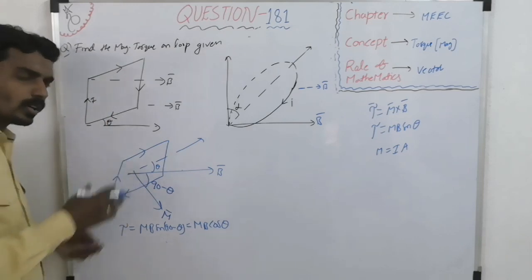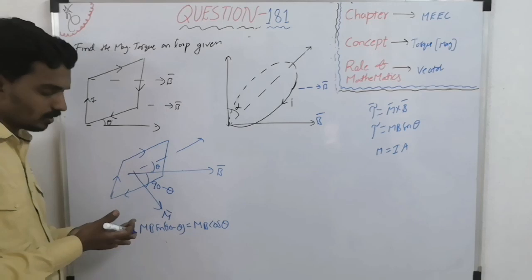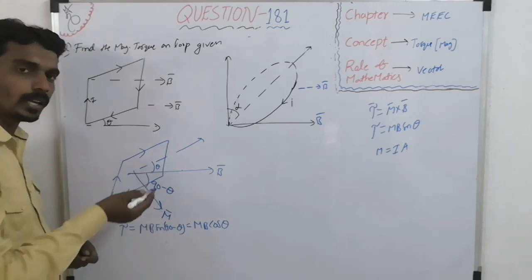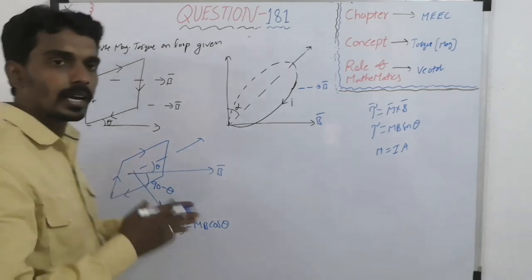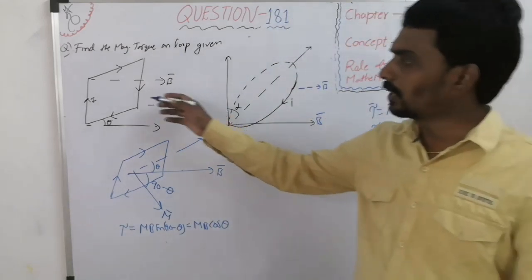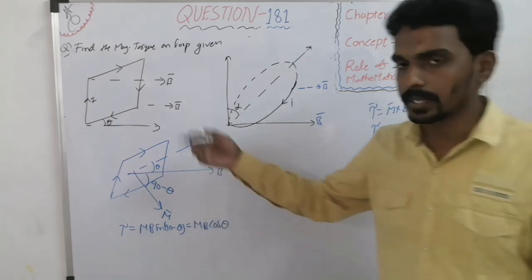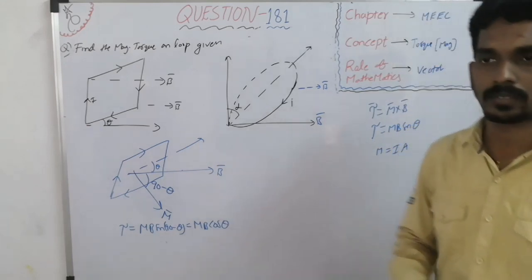So the main thing that is important is this angle. Then you can take the mathematics, then only you can take the equation properly. Instead of 90 minus theta, if you take theta, then you are wrong. So that's why take care of direction, take care of mathematics. Then if they give the dimension, then you can get the magnetic moment, current into area. If they give numerical values also, you can substitute.